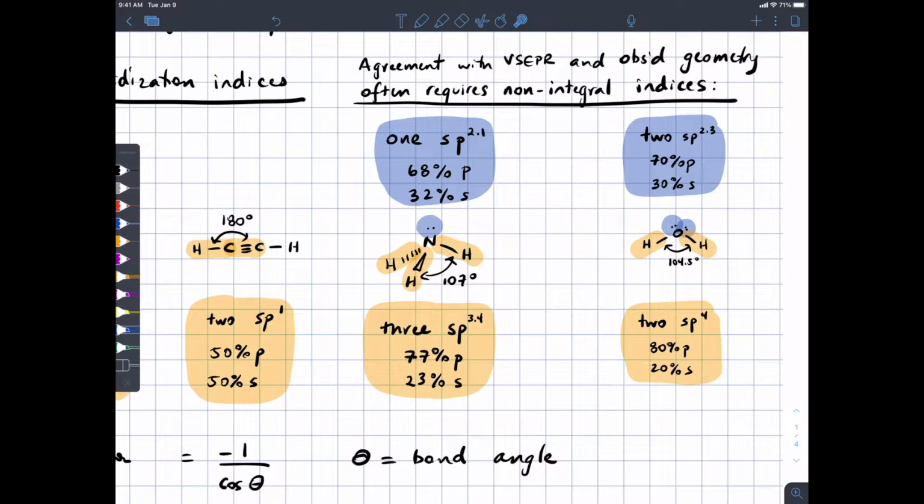Similarly, with water, the bond angle here is even tighter than 109.5. So though you've often thought in the past, perhaps, of water being roughly sp3 hybridized, actually, if you do the bond angle, it's sp4 hybridized. Now, if you think of hybridization as just describing how many p orbitals you mix with the s orbital to get the new orbitals out, that's not going to make any sense because you don't have 4 p orbitals to mix in. But remember, that index just comes from the bond angle, and it tells you it's the orbitals that